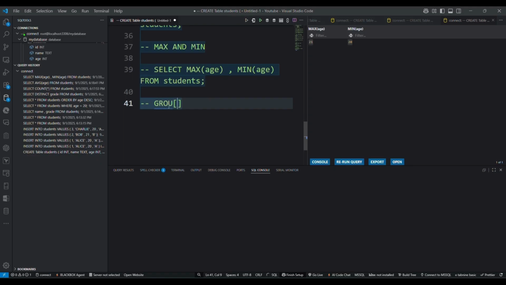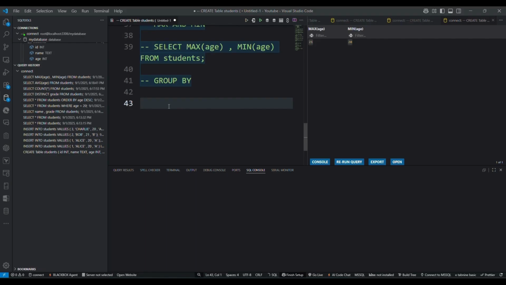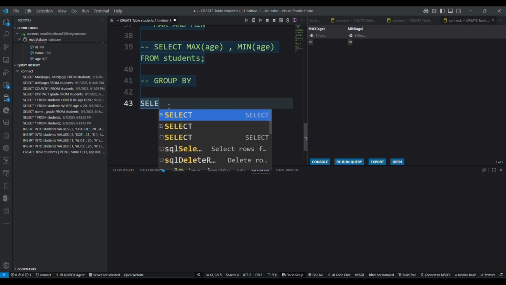So the next is group by. This one is super powerful. It groups students by grade and then counts how many are in each group.